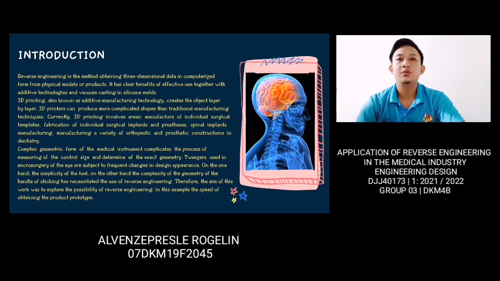A 3D printer can produce more complicated shapes than traditional manufacturing techniques. Currently, 3D printing involves the manufacture of individual surgical templates, fabrication of individual surgical implants and prostheses, spinal implants, and a variety of orthopedic and prosthetic construction in